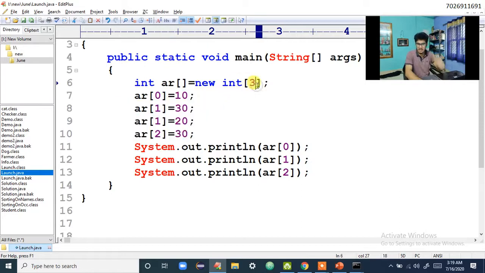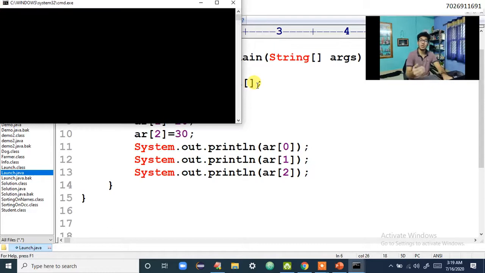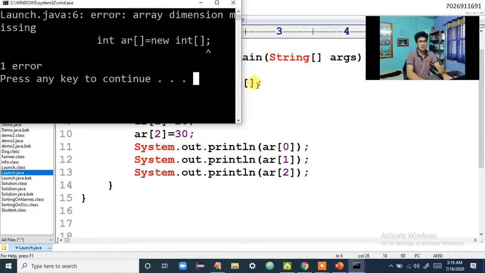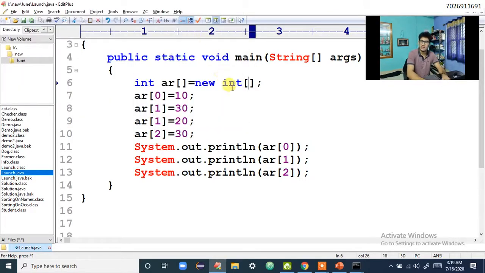Can I write int empty? Can I write an empty bracket here? No, you have to tell what size array you want. See, it is telling dimension missing. What size you want is missing. So I hope it is clear, right? Next,